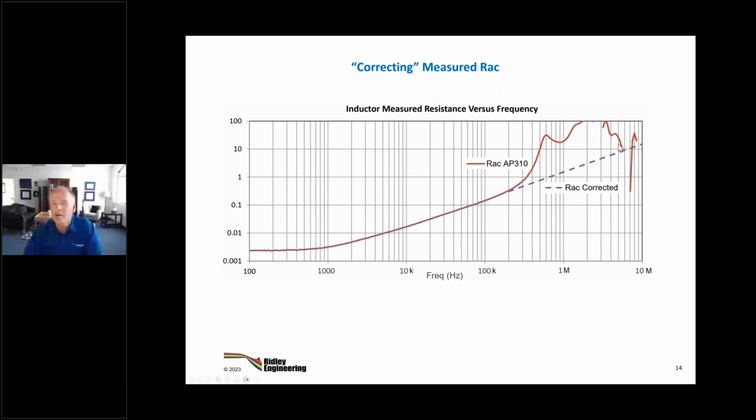So our approach: we know we're going to end up with a fixed slope in this. And we have many different examples of transformers and inductors where you see this fixed slope coming in. So we just approximate this with the slope that we see here and then continue it. And this is what we call our RAC corrected. Academics out there, if you don't like it, well, that's okay. Go analyze it better. You can obsess as much as you like, but let's do this and let's see what happens.